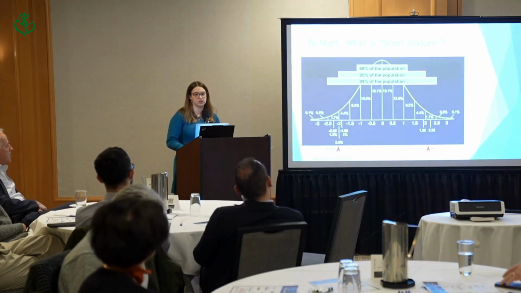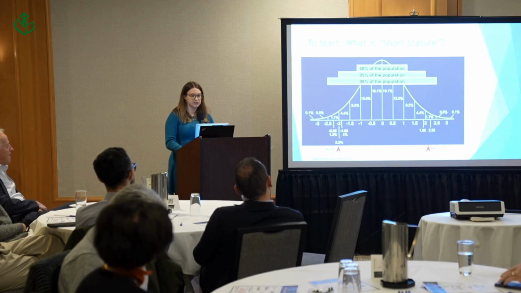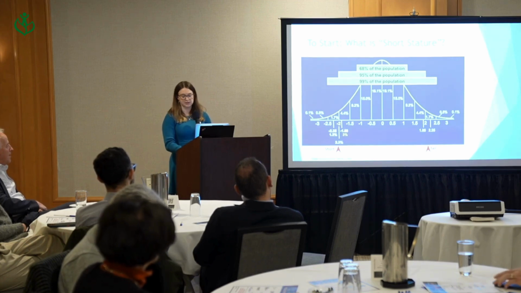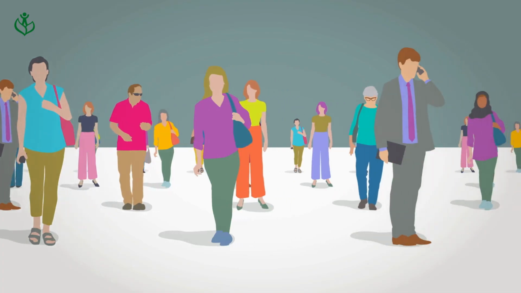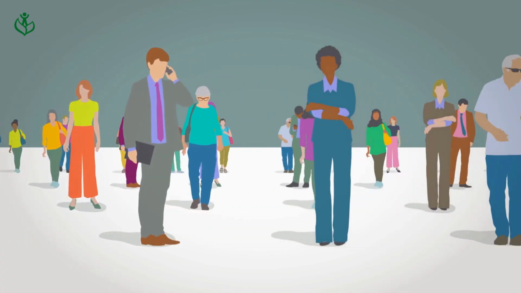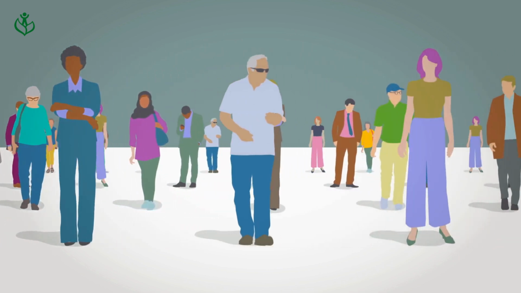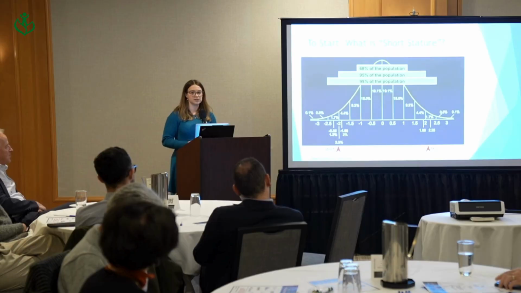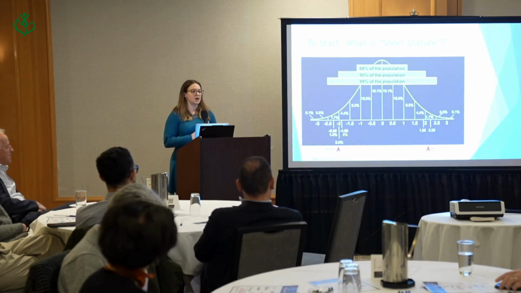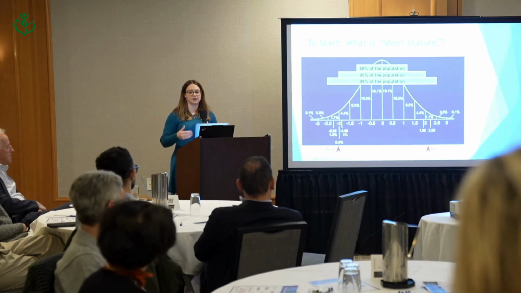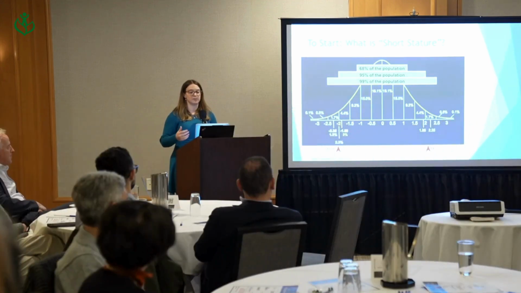So to start, what is short stature? My husband would tell you it's anything below his height, but that would not be true. So height is a social construct, meaning that society has kind of determined what is a normal height, what is a tall height, and what is a short height. My goal as a pediatric endocrinologist is to make kids a functional height. Functional height is 4'9". That is when you can drive a car, reach cabinets, join the military if you so choose, and go through natural childbirth. It does not necessarily mean that you are the same size as your parents.